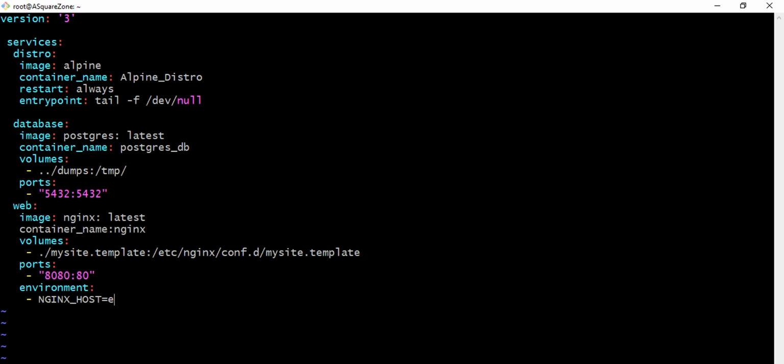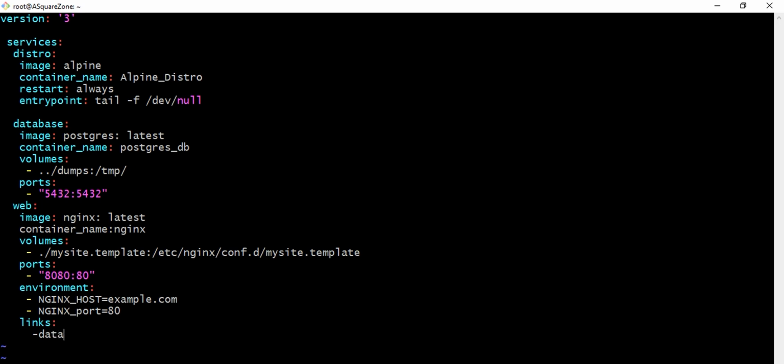So here I am specifying example.com here, and I mentioned Nginx port as 80, and here I am assigning links to database here.